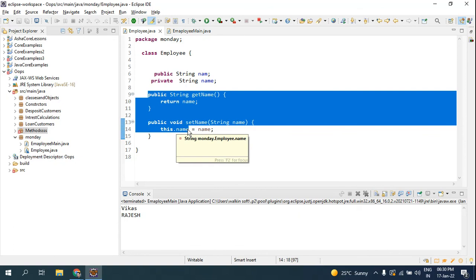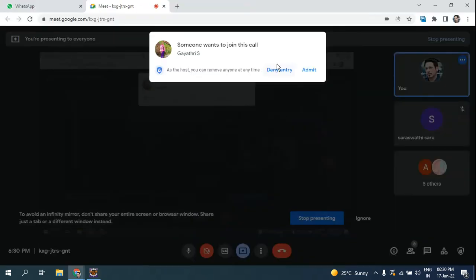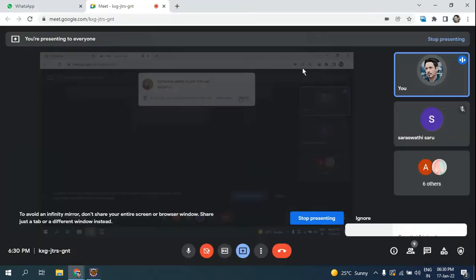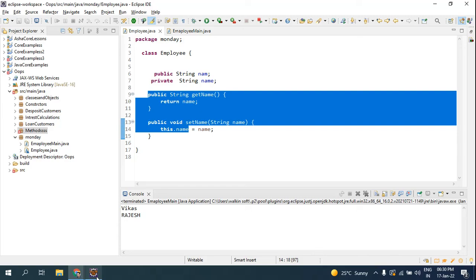This is the one thing you are going to use. Going on, we will have even more examples. Now we shall go for the inheritance class.